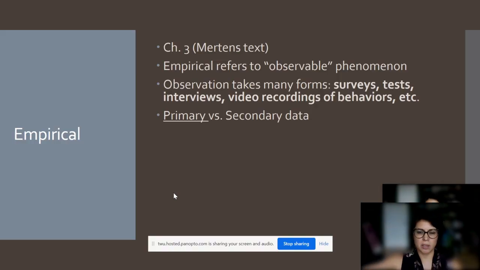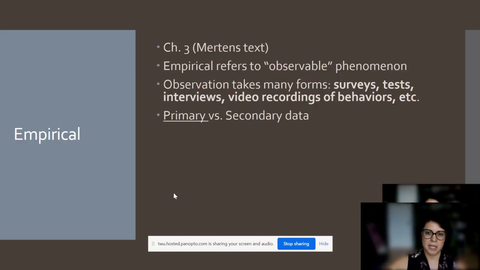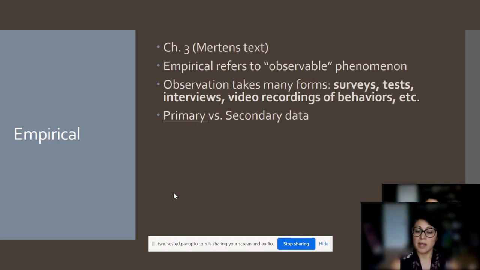And I would do the same thing to a group of students at UNT. I could do this all electronically. I don't have to see it myself. It's the way the information is being gathered that makes it observable. And then I would collect all that data. I would run my analysis and come to some conclusion. That's primary data, because I, as the researcher or the research team, are collecting that data directly from the human